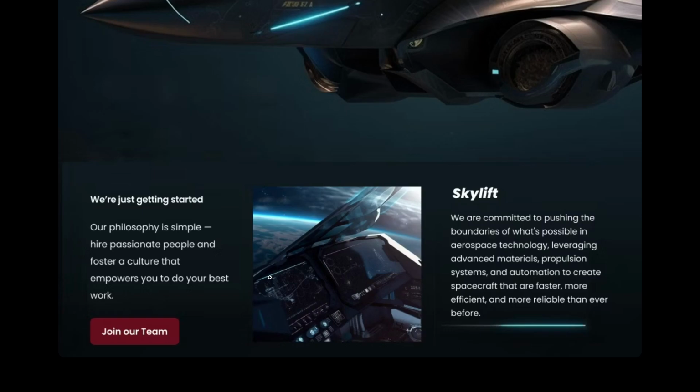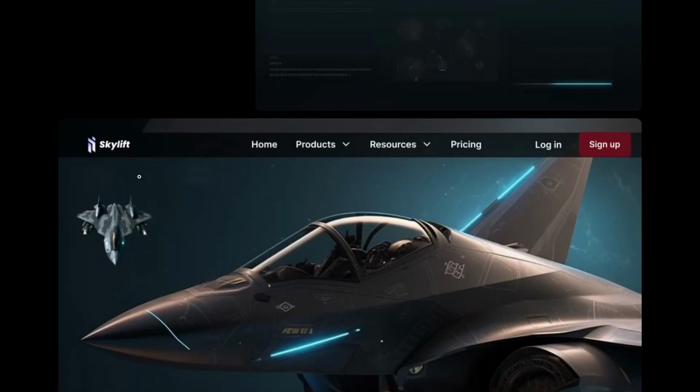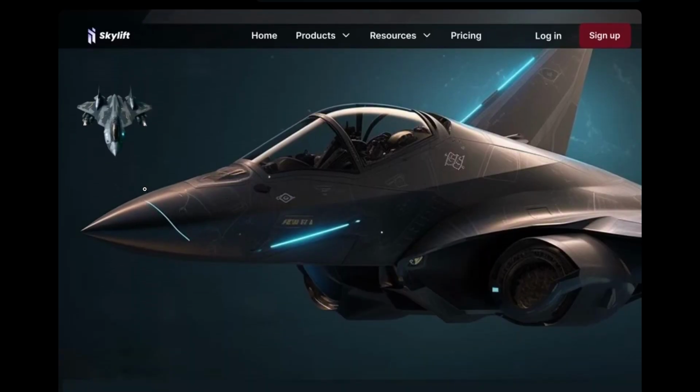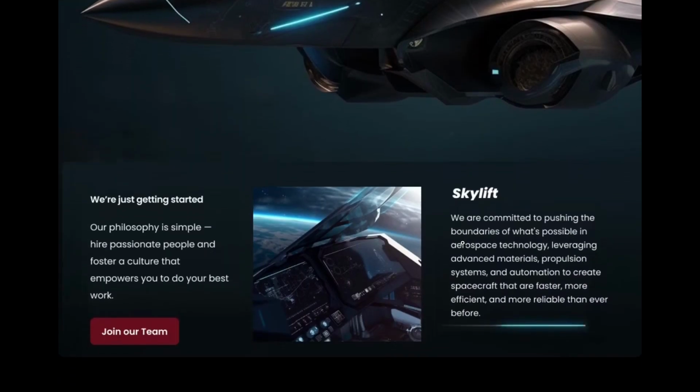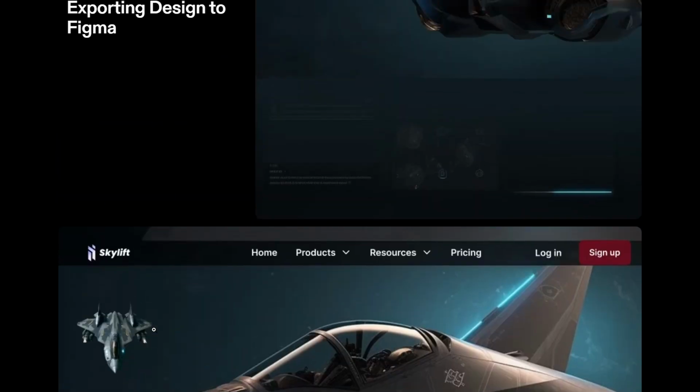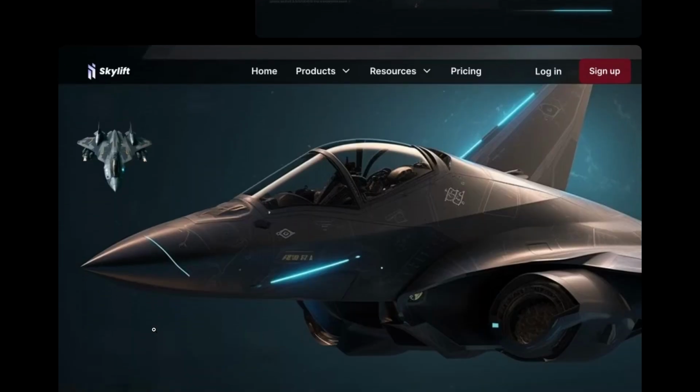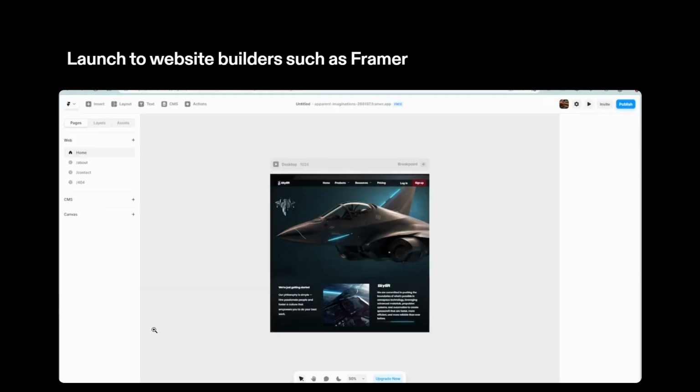I was able to export that to Figma as well, and I wanted this to just be a basic landing page for a startup called Skylift. So here it talks about what the startup is all about, and it asks people interested to join their team. So once that is over, I was able to export this to a website builder called Framer,